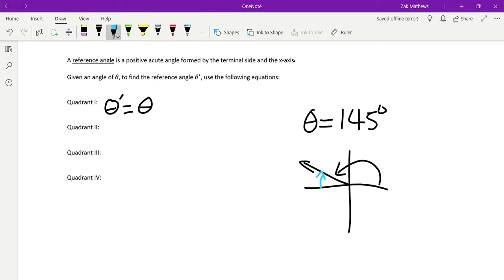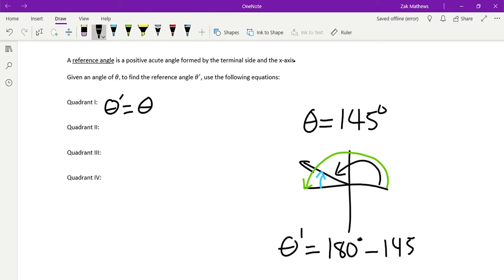So this time I have a little bit of math to do. I have a calculation I have to do. I want to know this blue piece. So if we look at what else we know around this little blue piece, I know to get from where we started to this negative x-axis, that green angle would be 180 degrees. We just traveled around theta units, or 145 degrees. So to find that remaining blue portion, I just need to subtract these two known portions. So I can find my reference angle by taking 180 and subtracting 145 degrees,